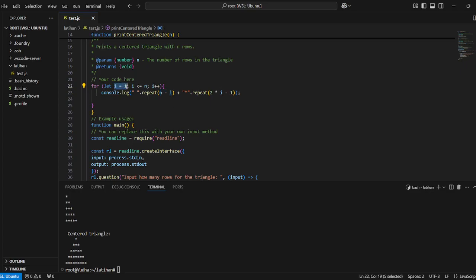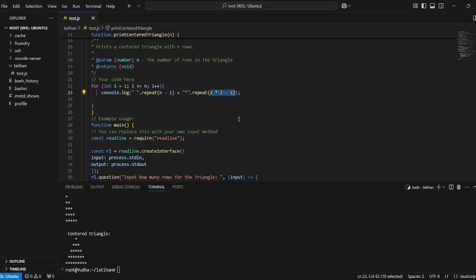On the first loop i is 1, so if we input 5, the space will be 4, and just one star with this logic.